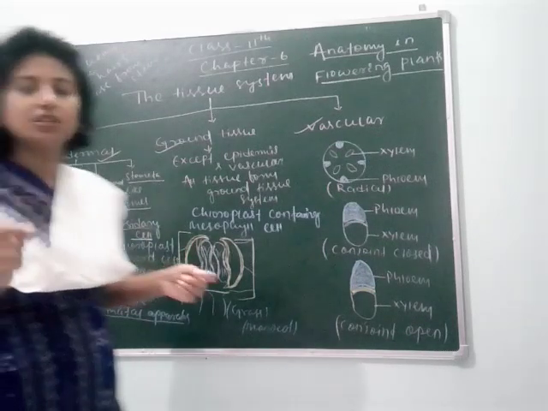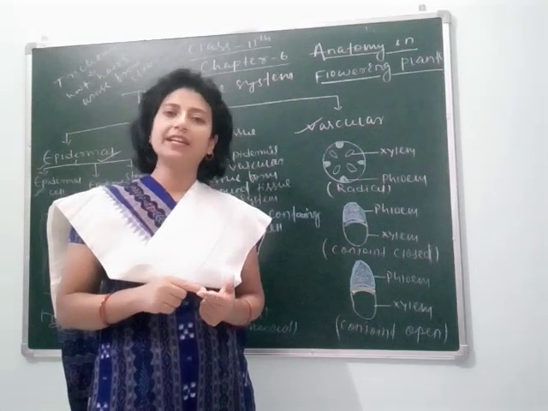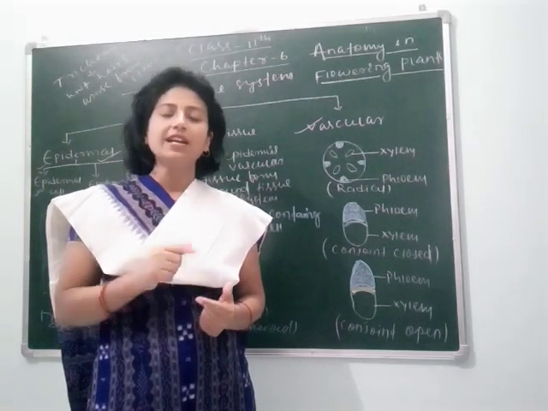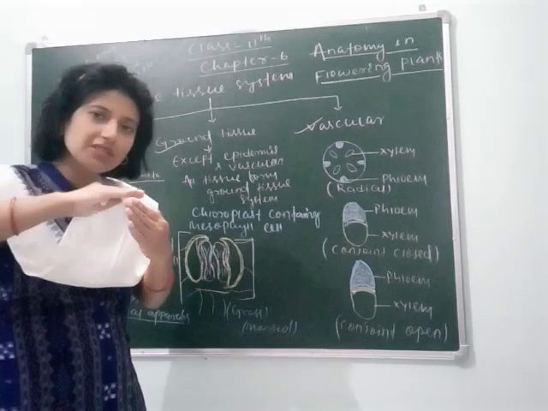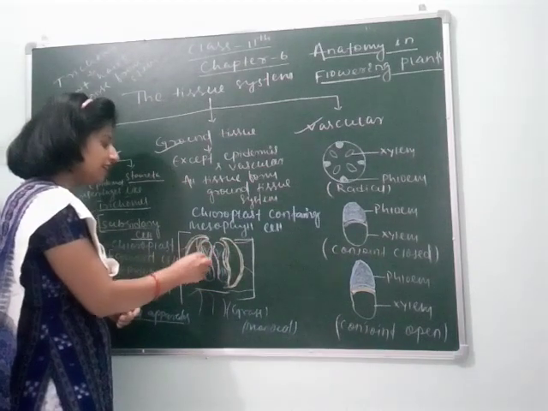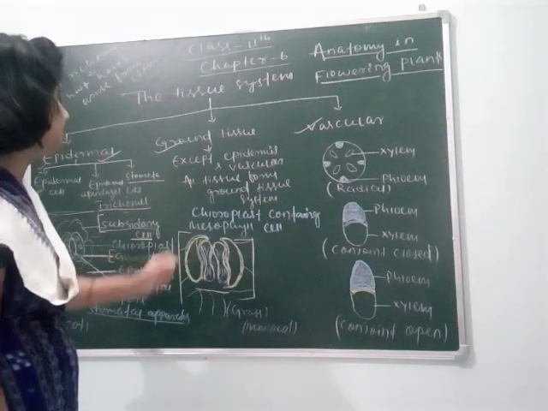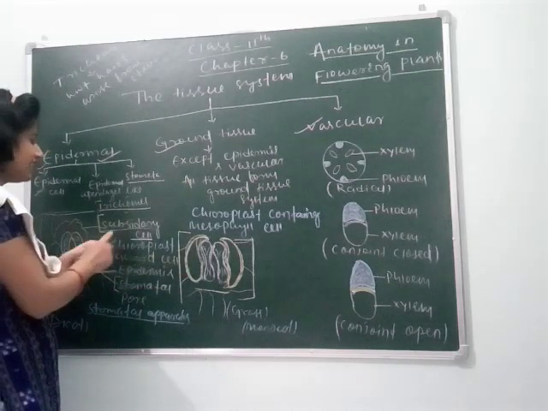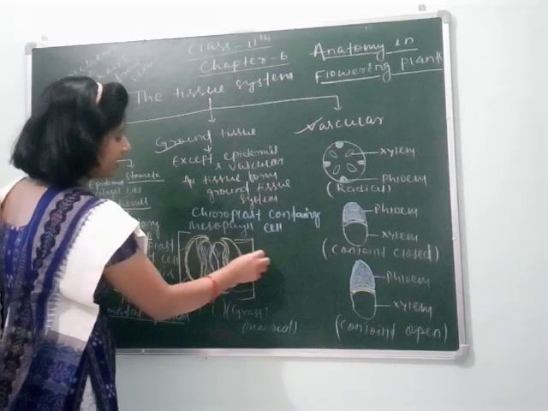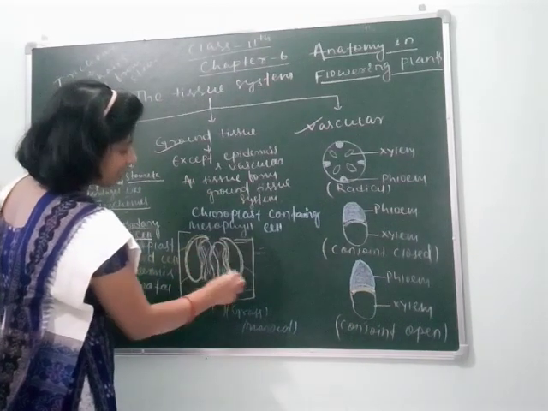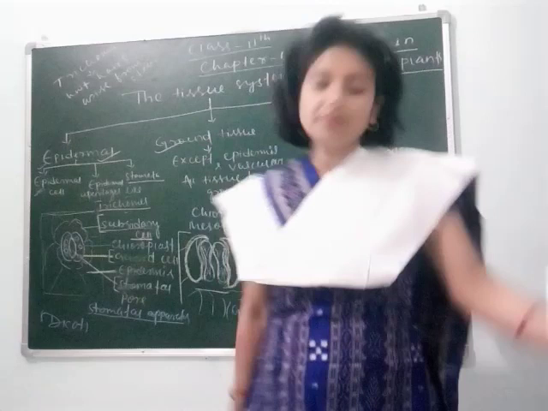If you cut a plant from the grass family, this is the family which contains all the monocots. Okay students, the grass family contains all the monocots. If we cut a transverse section of this leaf, we can see this type of cells inside it, and it looks like a double dumbbell shape. They are like the guard cell. So here this is the stomatal pore. They are two double dumbbell shape structures. This is the guard cell, clear, and this is the stomatal pore. Clear students?